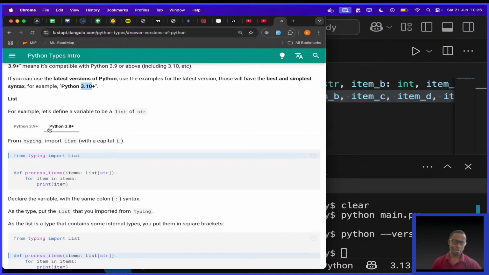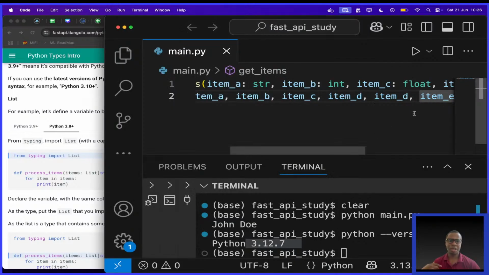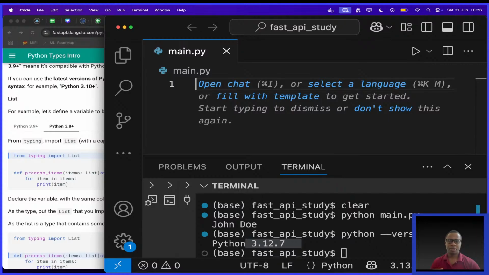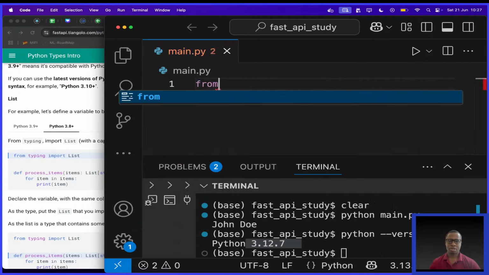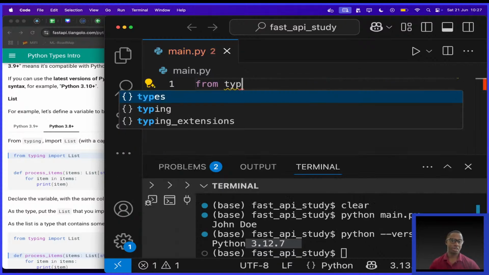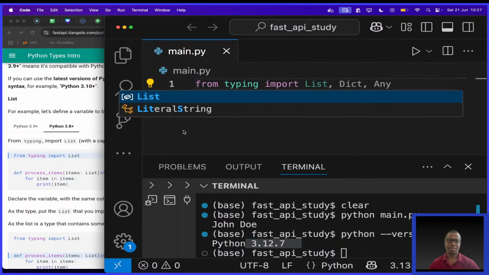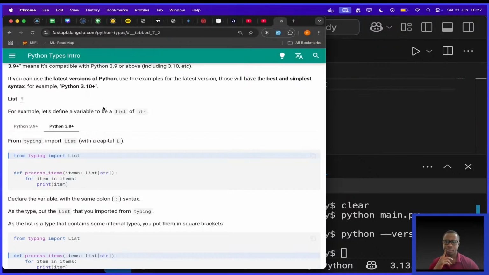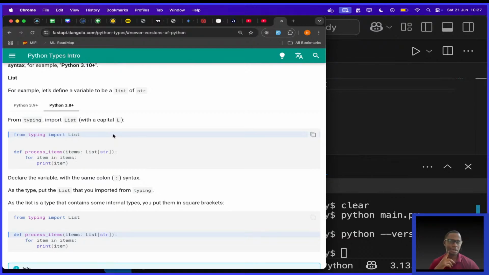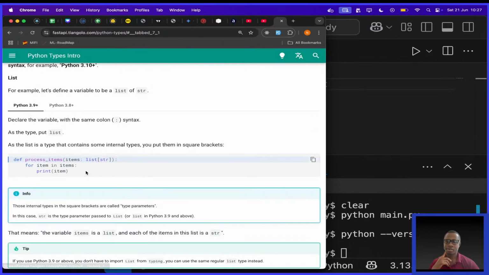So we have here two examples, when dealing with adding annotation to a list. In Python 3.8, you have to import, from typing, import List. Is this something which can be, let me see, because I might have to install it. Okay, looks like it's already there. I thought I had to install it. From typing, import List. Okay, so they have that.